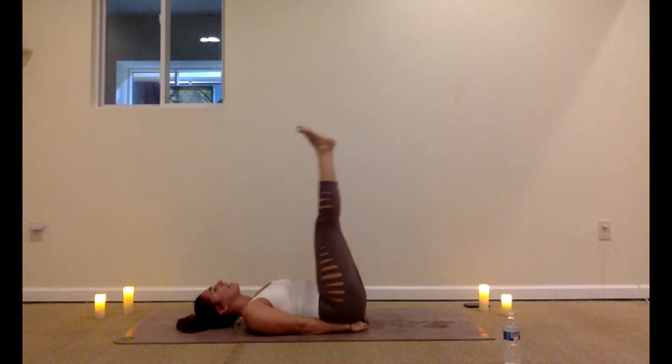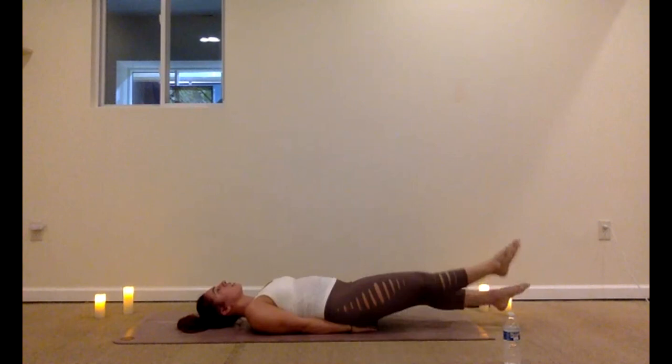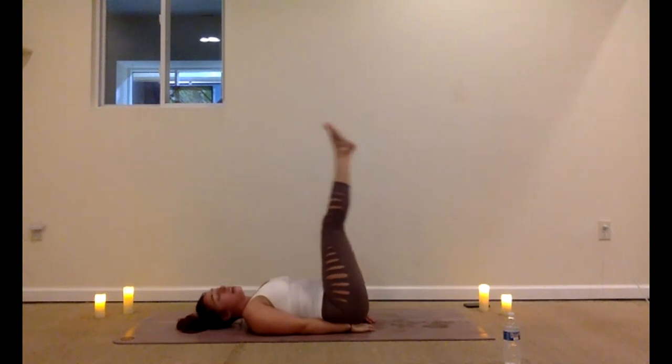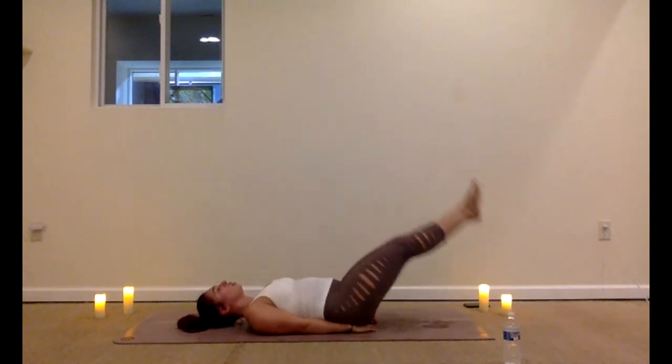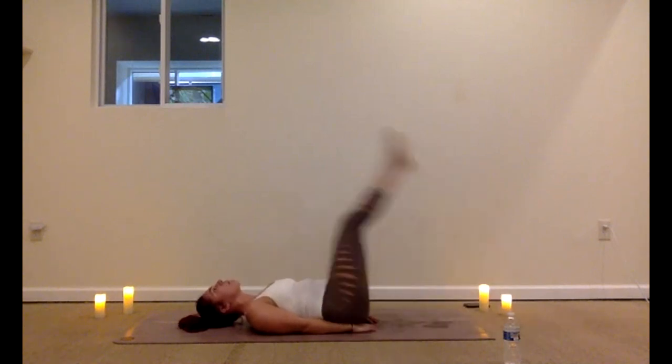Legs up to 90, 60, 30, 2 inches, flutter. 10, 9, 8, 7, 6, 5, 4, 3, 2, 1. 90. Knees should be locked and straight. 60, 30, 2 inches, side to side. 10, 9, 8, 7, 6, 5, 4, 3, 2, 1. Up, 90, 60,